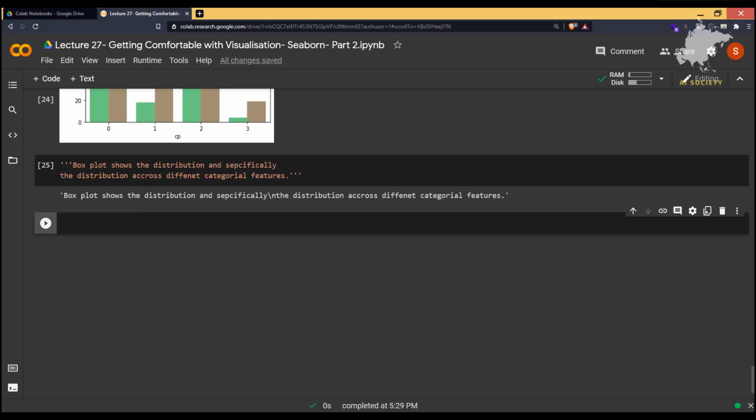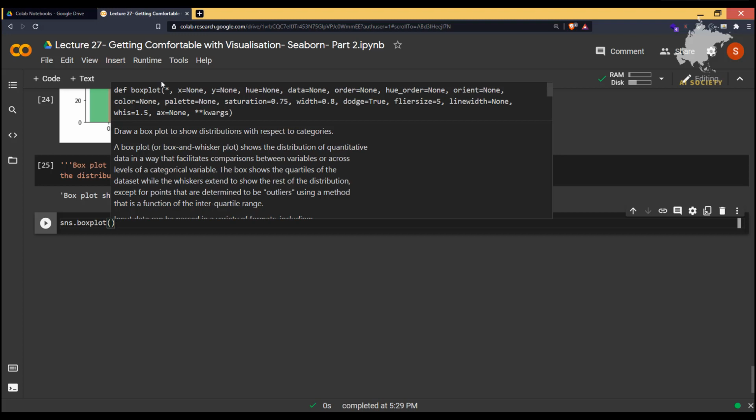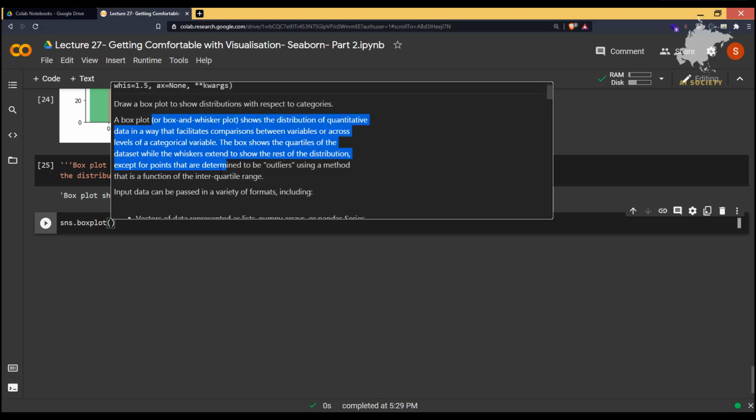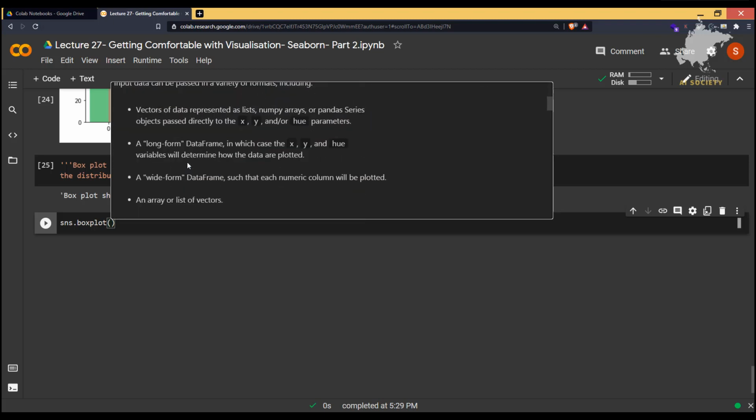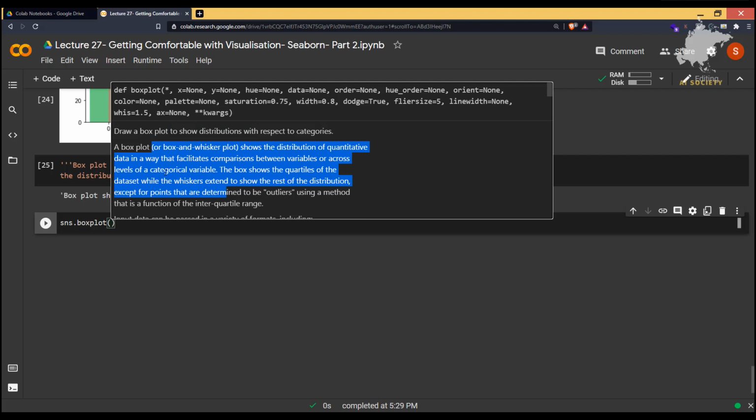You implement the box plot with sns.boxplot. As you can see in the documentation, it draws a box plot to show the distribution with respect to categories, and all this explanation is given to you. You can give your data, like x and y, but I'll tell you the format.